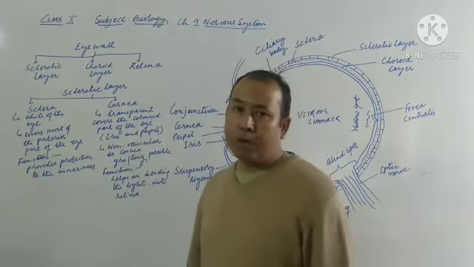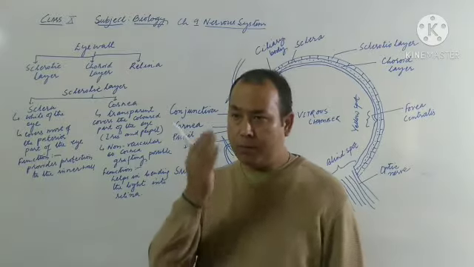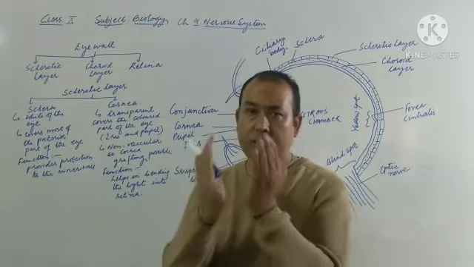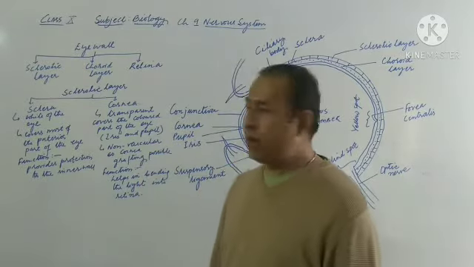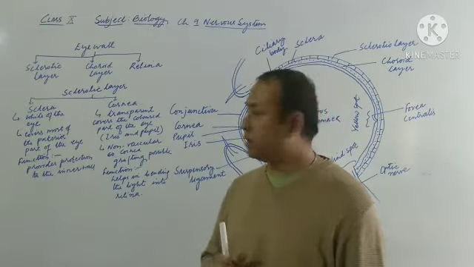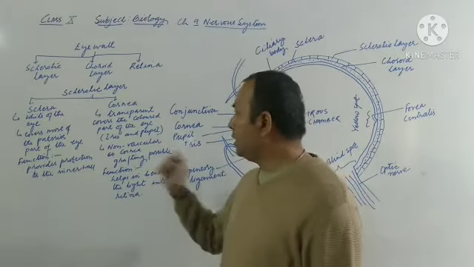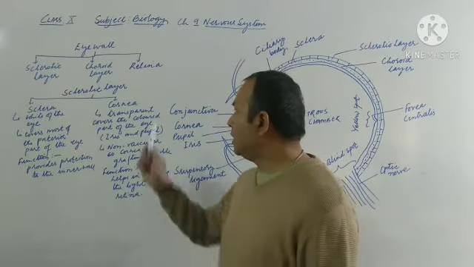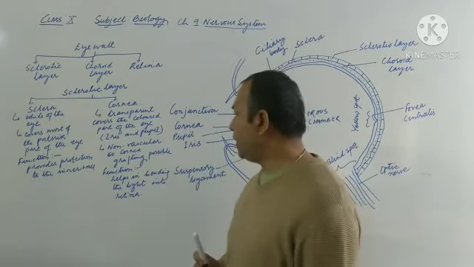Then after that, in the front part of the eye, this sclera bulges out a little bit. It bulges out and forms a transparent part of the sclerotic layer, covering the colored part of the eye, that is the iris, about which we'll discuss later. The colored part of the eye is covered by this particular part of the sclerotic layer, which we call the cornea. This cornea is usually transparent and it covers the colored part of the eye, that is iris and pupil.